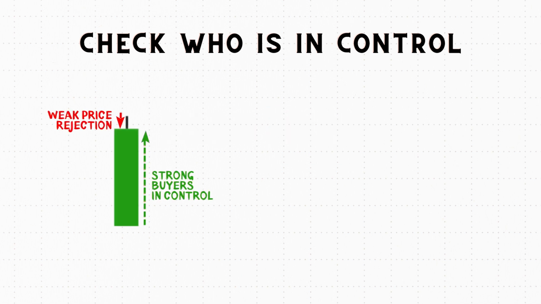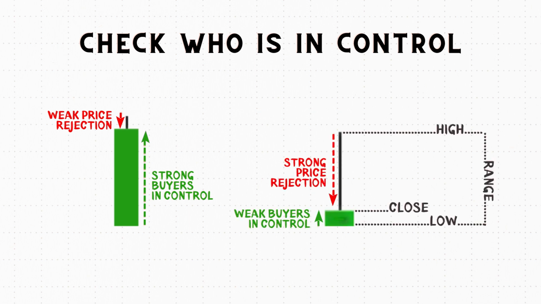See this pattern below. In this candle we see a very strong body and a small wick. That means a very weak rejection and a very strong buyer's zone. That means buyers are in control and want to take the market up. And see this next pattern. Here we see there are long wicks and a very short body. That means strong rejection of a certain price. This way, if you are seeing a strong body, you can identify who is strong based on the color of the candle. The same way, if you are seeing long wicks, it means there is price rejection based on the direction in which the wicks are formed.